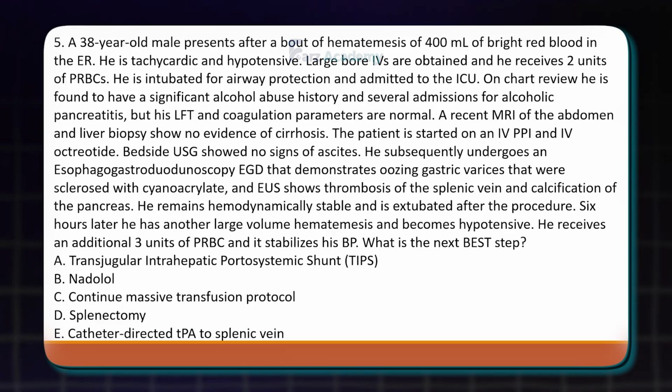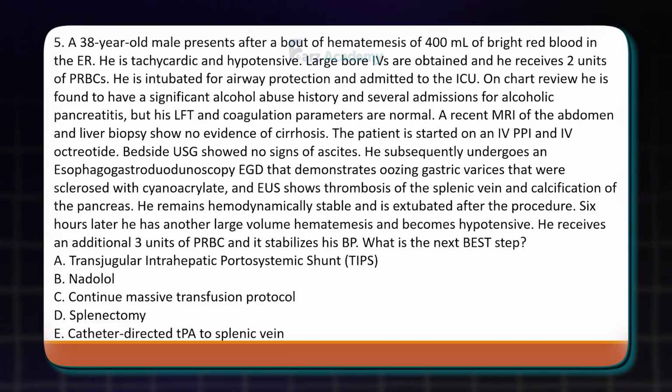On chart review, he is found to have significant alcohol abuse, several admissions for alcoholic pancreatitis, LFT and coagulation parameters normal, MRI abdomen and liver biopsy with no evidence of cirrhosis, started on IV PPI and IV octreotide, USG shows no ascites, subsequently undergoes EGD, which demonstrates oozing gastric varices that were sclerosed with cyanoacrylate,